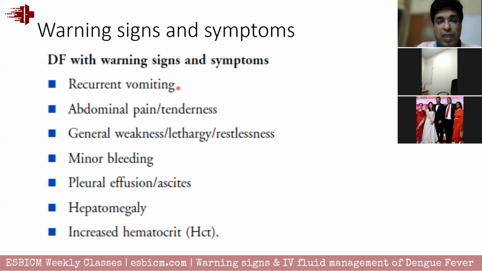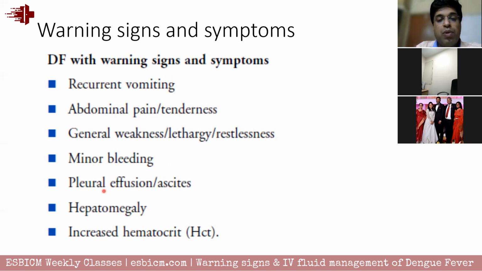myopathies, and dengue shock. So if you receive a call that the patient has dengue, running high-grade fever, but is having recurrent vomiting, or there is slight abdominal pain or tenderness, or the person is lethargic and feeling very weak, then on clinical history you can judge that this patient requires hospitalization and hydration. Mind you, high-grade fever alone is not a warning sign, but persistent high-grade fever with these manifestations should be treated early.